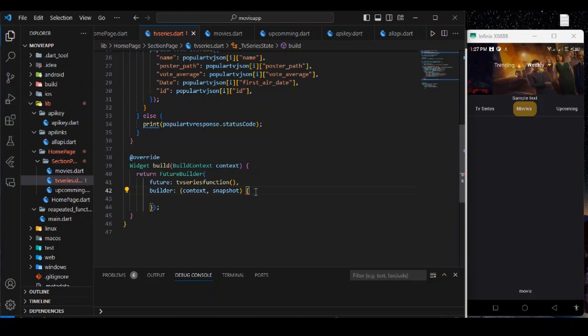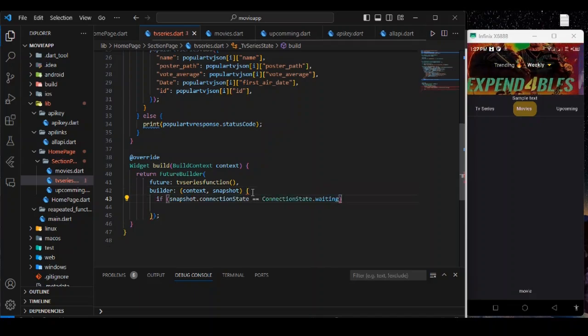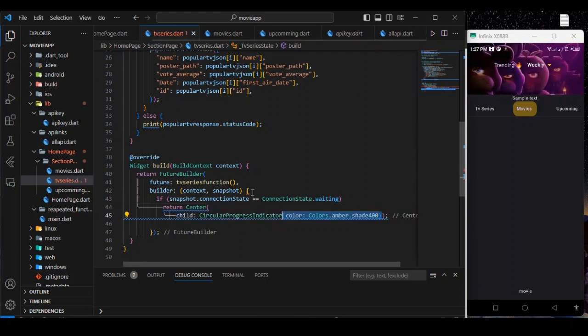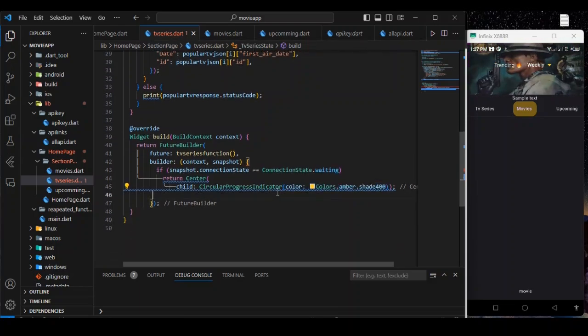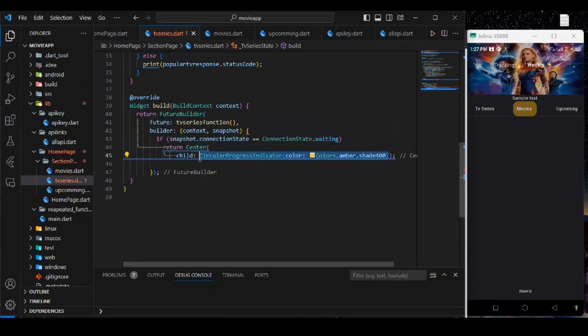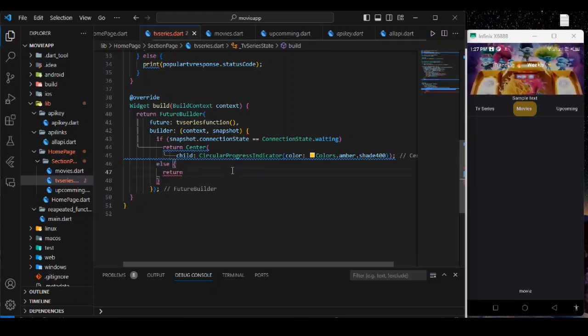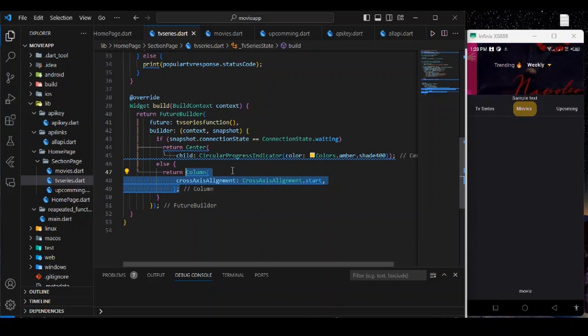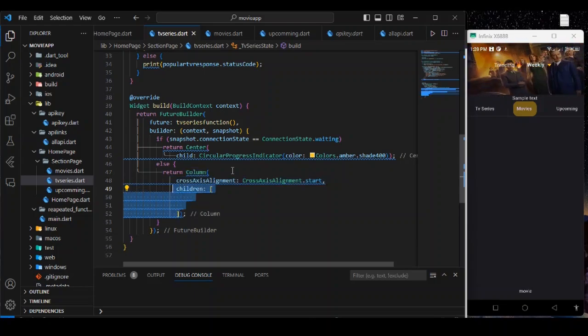Also in the future builder we are required to give the builder function, and in the builder it accepts the context and the snapshot. Now if snapshot dot connection state is waiting, then we are gonna return a circular progress indicator. Okay, so if it's waiting, then we are gonna show a circular progress indicator, and if its snapshot connection state is successfully completed, then we are gonna return a simple column,